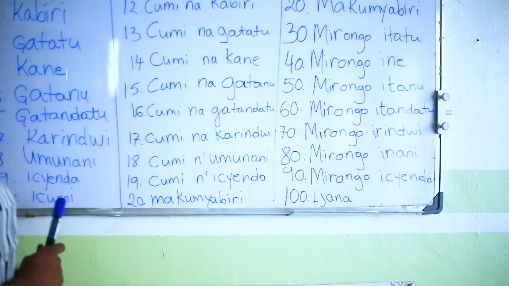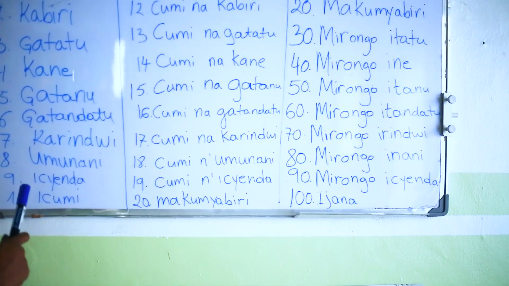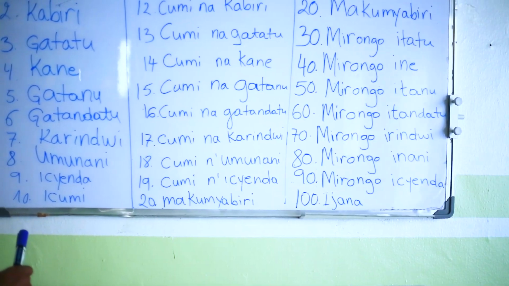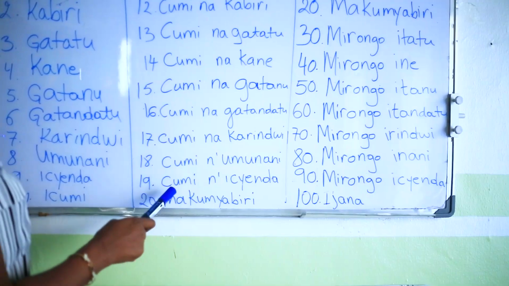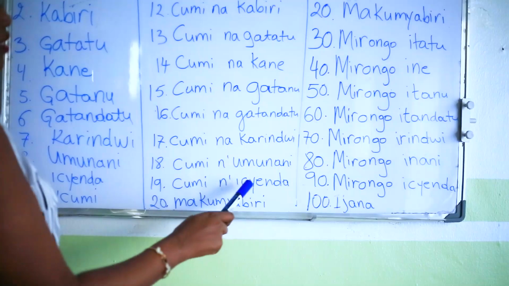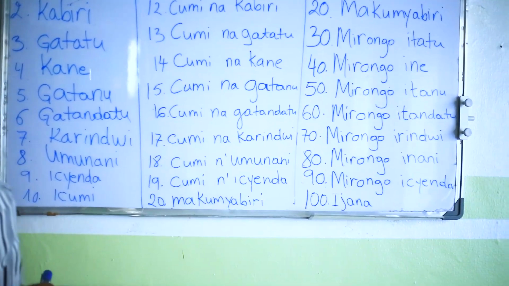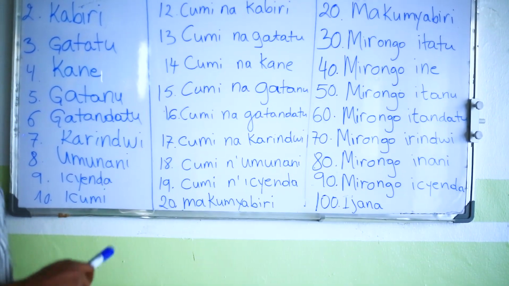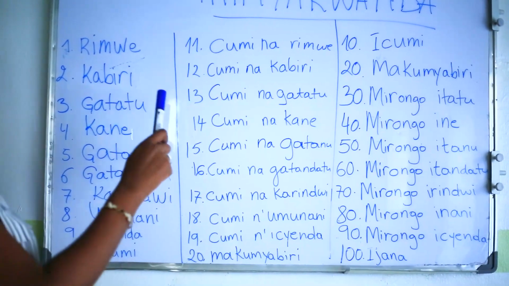Cumi na karindwi, cumi na karindwi. Cumi n'umunani, cumi n'umunani. Cumi n'icyenda, cumi n'icyenda. Makumyabiri, makumyabiri. As you can see, when you know how to count from 1 to 10, it will be much easier